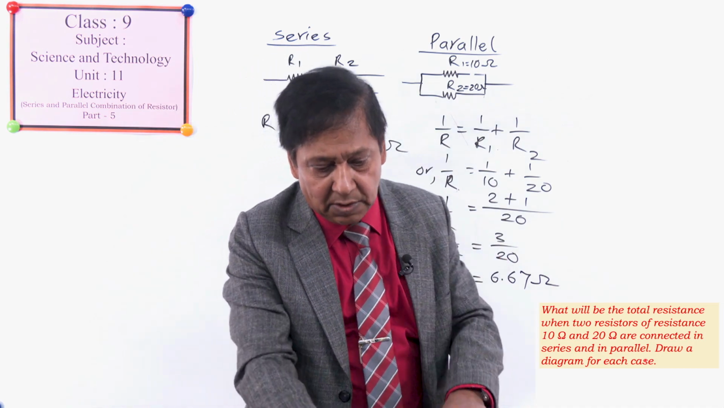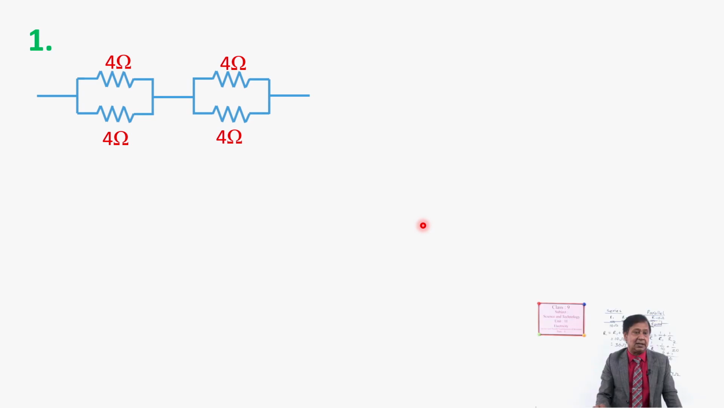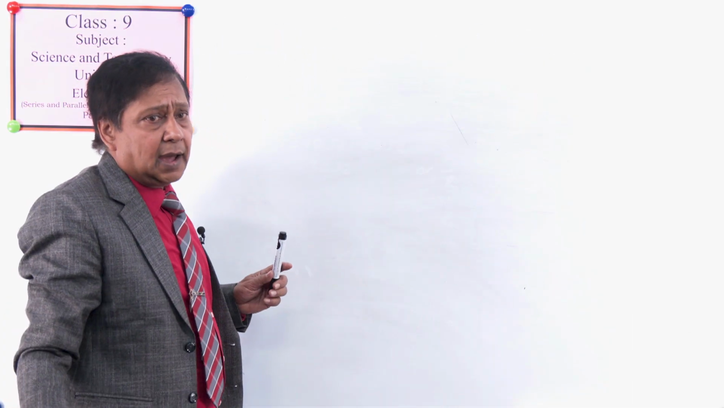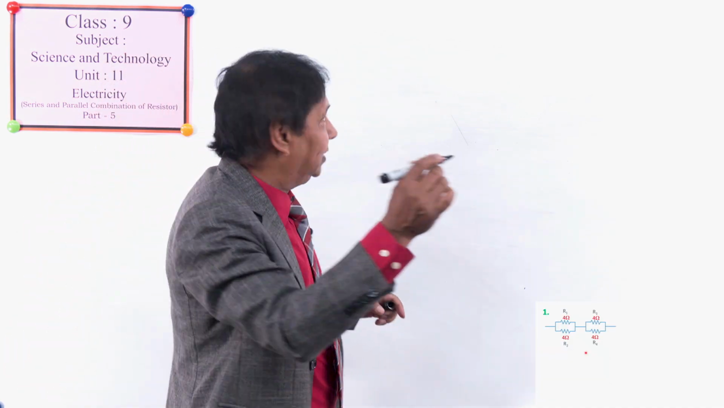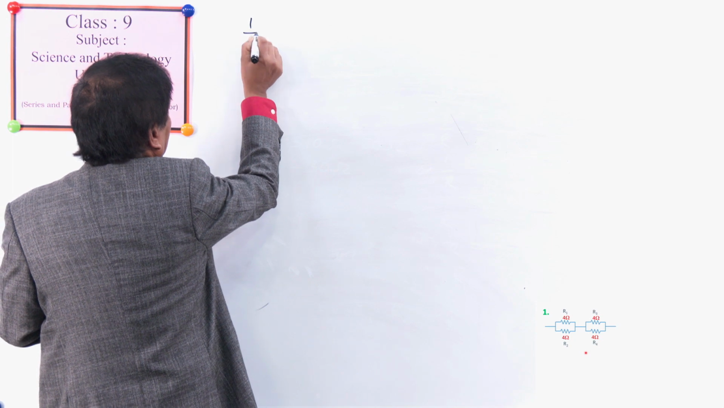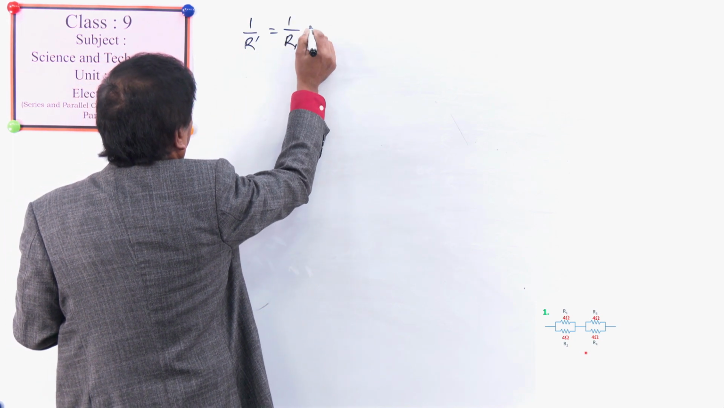Now look at this numerical problem also. Here resistors are connected in a different way. Now how can we solve this? If we take them as R1, R2, R3, R4, then we can calculate it this way. R1 and R2 are in parallel, that's why 1 by R dash is equal to 1 by R1 plus 1